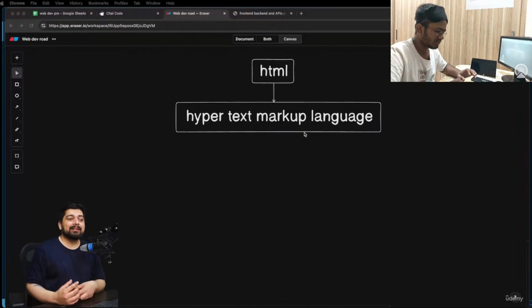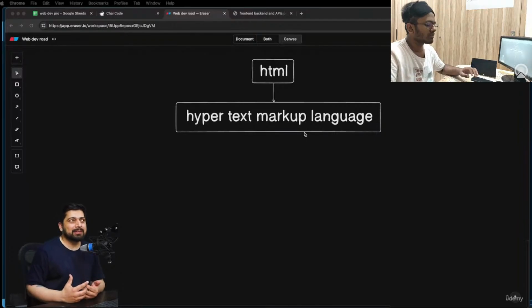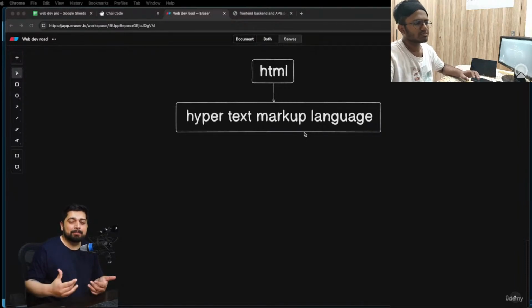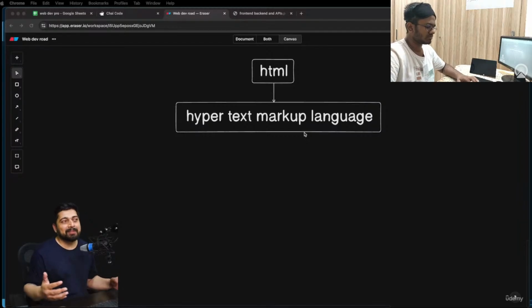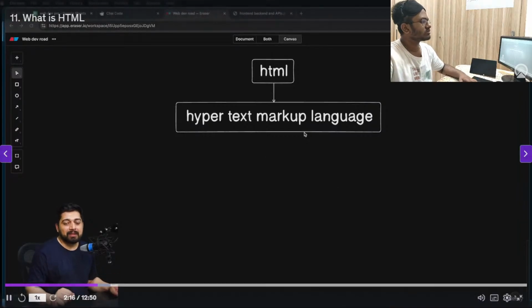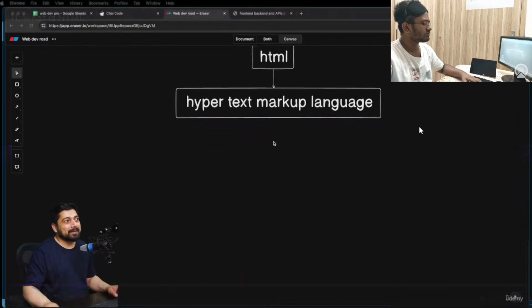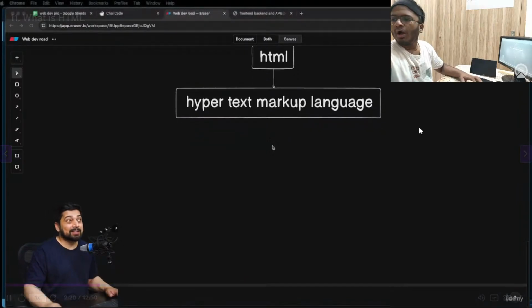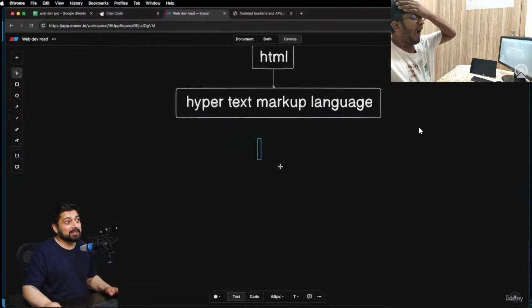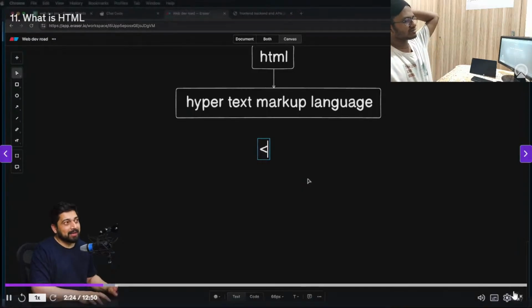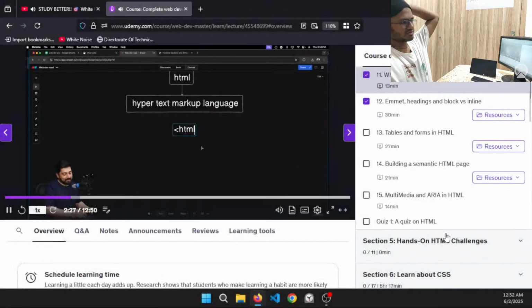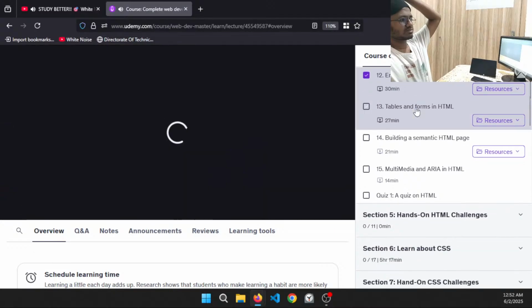And at that time, there was a need: how can I put on the screen or on the web these headings and paragraphs and tables where I have put up my research work, so I can share it with them? And that's where HTML was born. So the idea behind HTML came up that we will have some tags, and the way the tags work looks something like this. So we have an HTML tag that looks like this, and then there is a closing. So this is